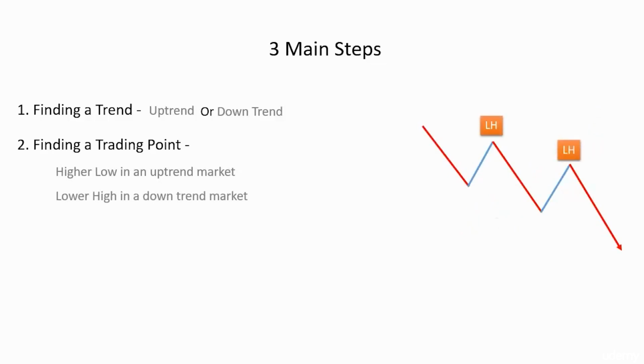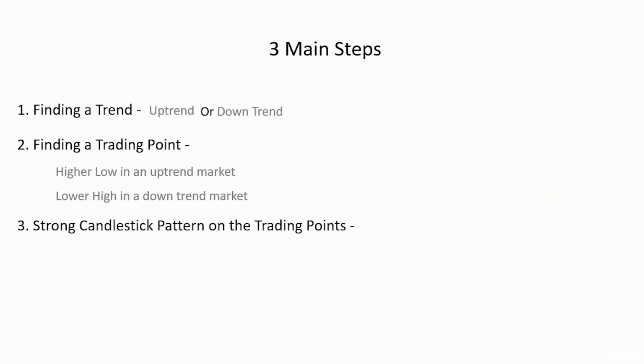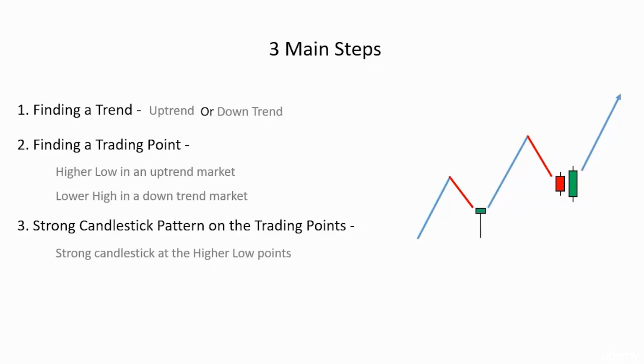As you already know from the previous lectures, the higher low levels are the trading points of an uptrend market and the lower high levels are the trading points of a downtrend market. And the third step is finding a strong candlestick pattern at the trading point of a trend. That means search for a strong bullish candlestick pattern on the higher low point of an uptrend market which acts as a trend reversal pattern, like the bullish pin bar pattern or the engulfing candlestick pattern or any other strong candlestick patterns, so that we can confirm the end of the running bearish momentum and have the trade confirmation of the